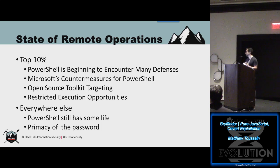So when it comes to red team operations in general and just penetration testing, offensive operations, there's a big diversity between the top, most secure organizations we see versus everyone else. And it's not a linear scale where the top 10% is just as much better than the next group of 10% as they are than the one below that. It's completely different. The top 10% of organizations, we're seeing some absolutely outstanding defenses and protections, a lot of active defense, where the blue team is really focused in and targeting whatever the attacker's doing,